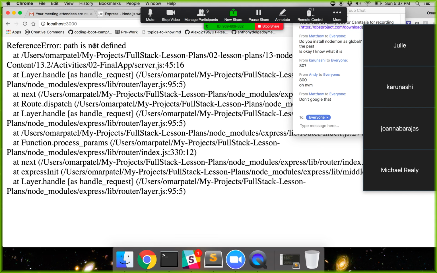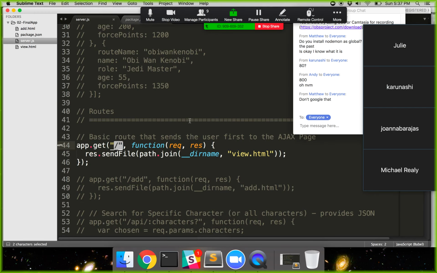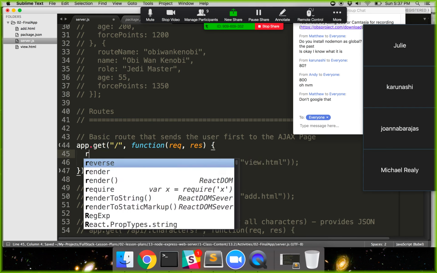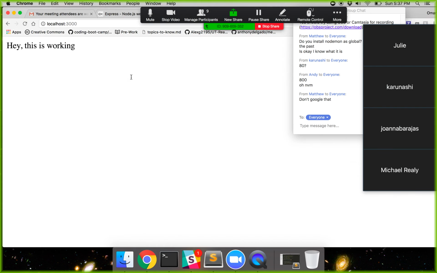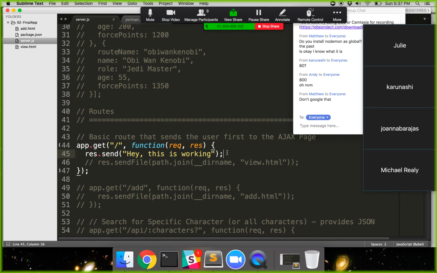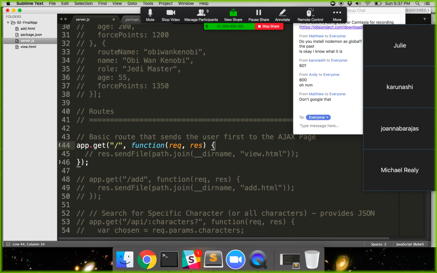But now I get a reference error. It says path is not defined. And notice that over here, instead of me just sending back some JSON like this, so this is a very basic way of me sending some JSON back, right? Or not JSON, but some information. For instance, I could just say, hey, this is working. And I refresh this, I get this back. So we know that our routing is working,